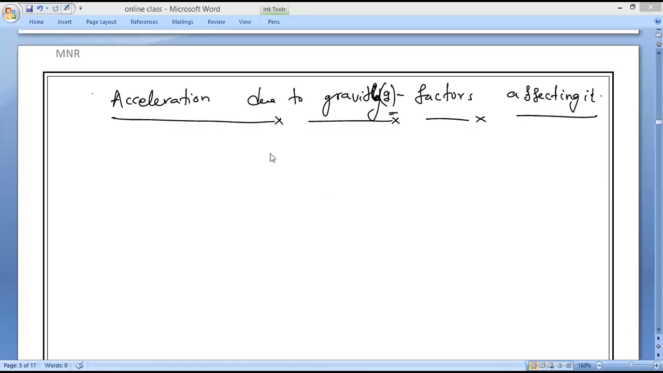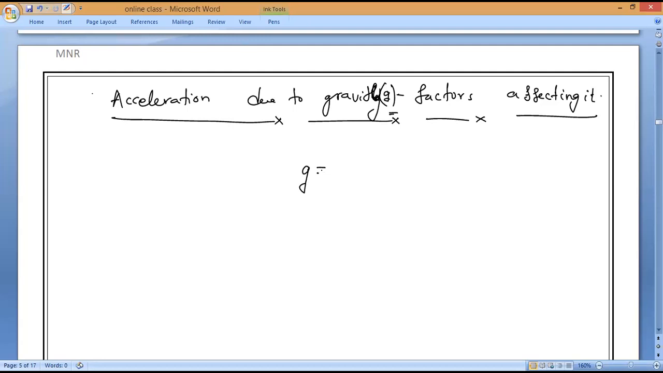Acceleration due to gravity, g, we studied in last class. g is equal to, what is the formula? Capital G into capital M divided by capital R square. So this is what we studied for